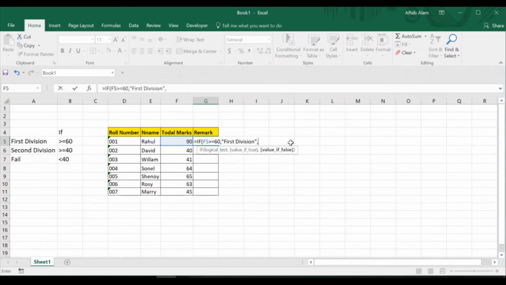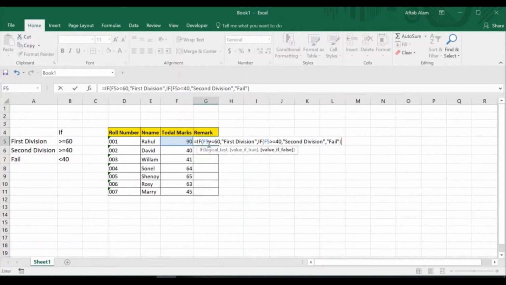Now if false, what I will do here is I will again use the IF function. The logical test is again F5 greater than or equal to 40. Okay, then I need the value second division. Okay, if not, the value will show as fail.